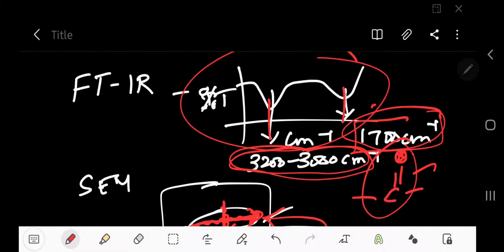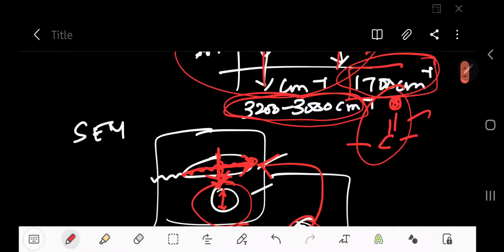So the 3200 cm⁻¹ band shows, as I mentioned, that it is a broad band, so there may be moisture present, otherwise there is an OH stretch, right? Consider it is a carboxylic acid. Considering this 3200 cm⁻¹ for OH stretching and 1700 cm⁻¹ for carbonyl stretching, then there is a carboxylic acid functional group on the surface, right?